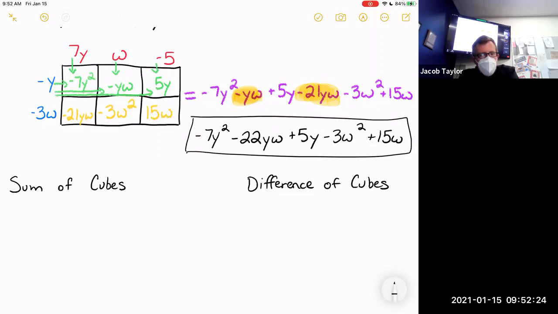So I'm going to give you two formulas here that we're going to use now, and then we will also use them at the end of this school year when we do factoring. So these are going to be,